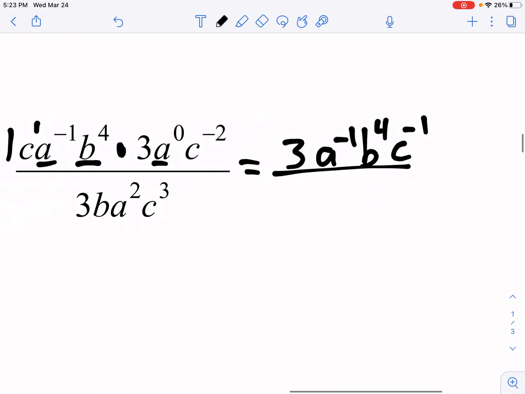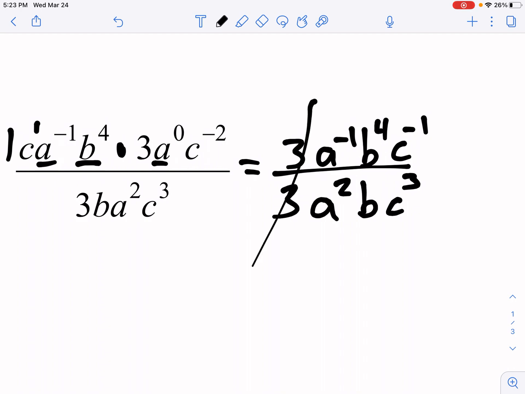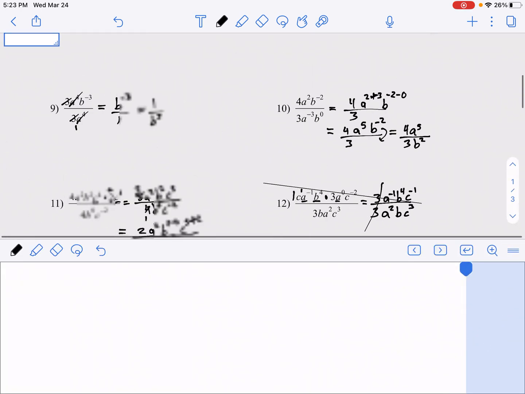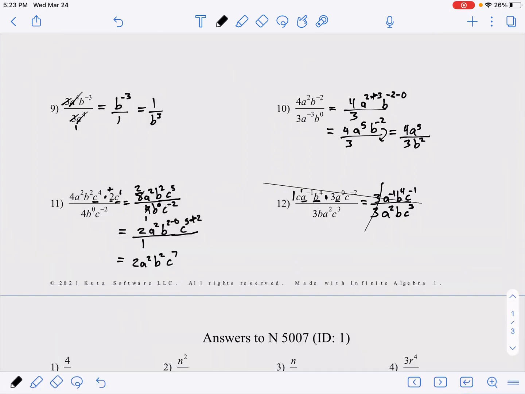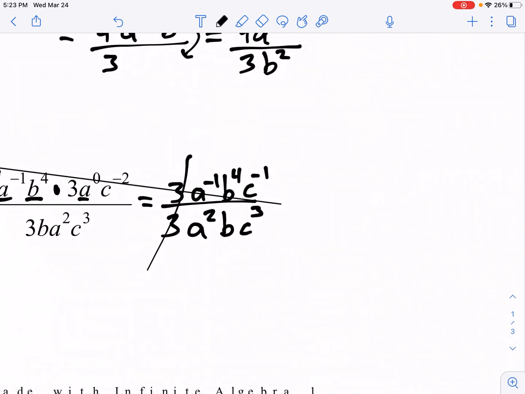And then we can keep the bottom for now and see what we're going to keep and what we're going to get rid of. And I'm actually going to move the A over here. It really doesn't matter where you put it, but I'm going to put the A over here just so that we can see what things we're going to subtract, okay? So looking at this guy, notice these 3's, I can get rid of them. I don't need those. So what I'm left with now